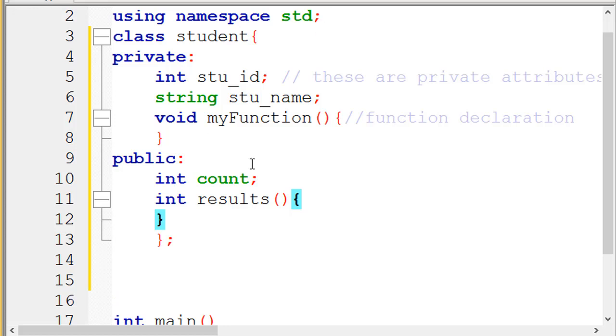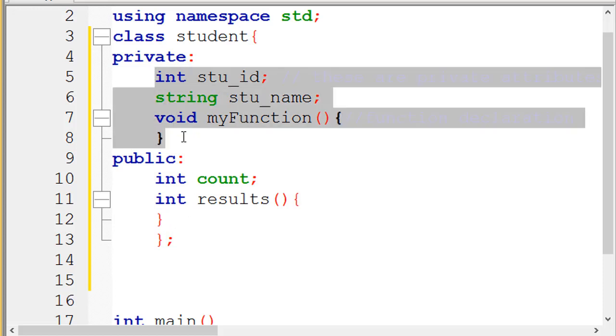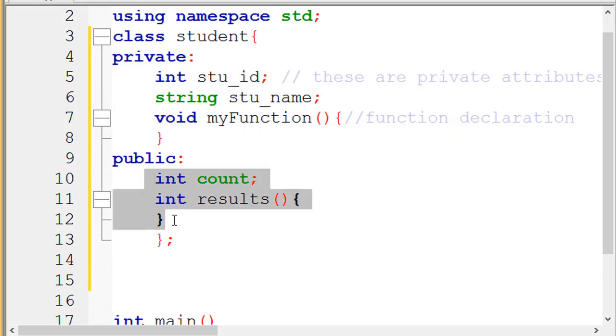So this is a public function. So these variables and function can be accessed not only in the class but also outside of the class. So these are your private members and these are your public members.